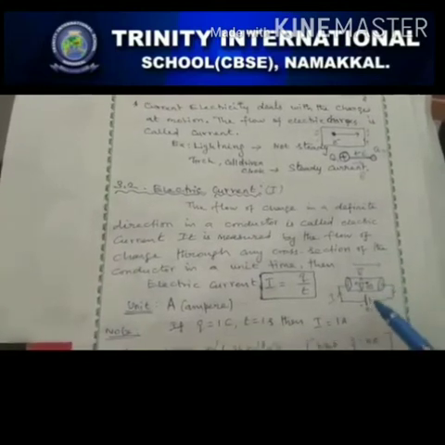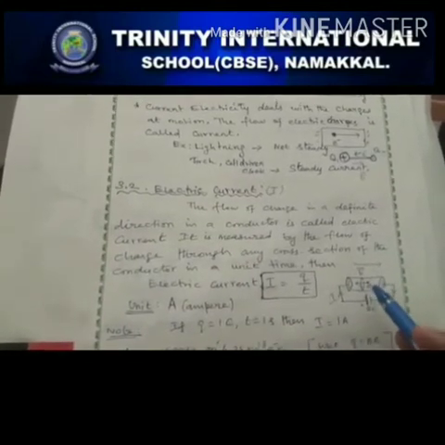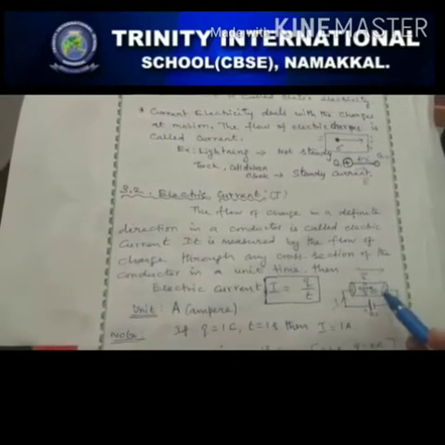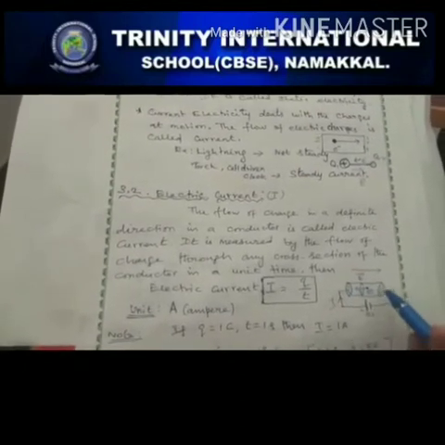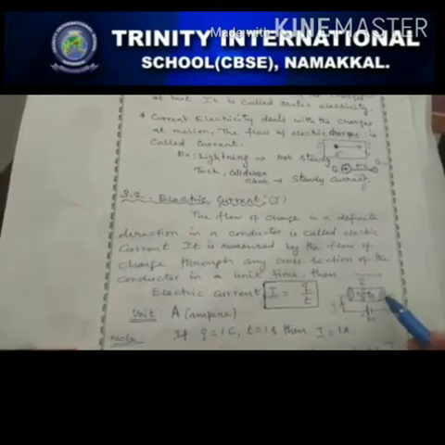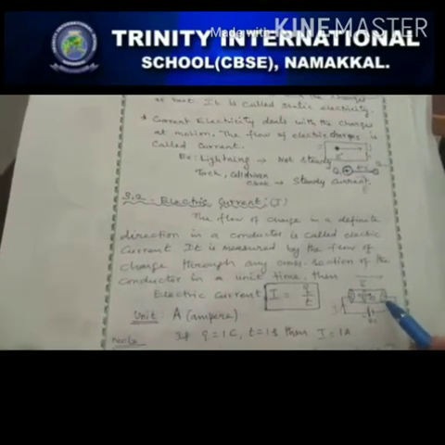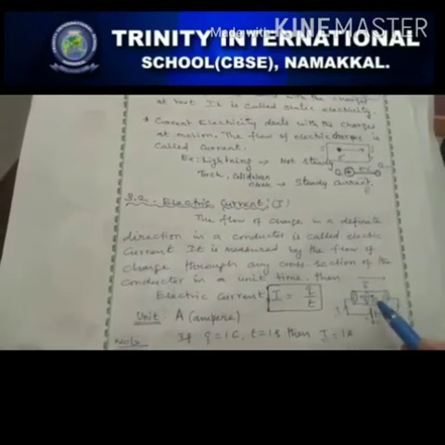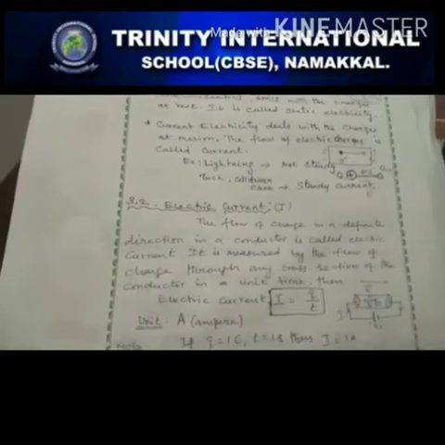At the same time, the electron flow is always opposite to the current direction. So the electrons flow from the negative terminal to the positive terminal, that is, from the negative potential, the lower potential, where negative charges are accumulated, to this place. So here there is higher potential and lower potential, and electrons will flow from lower potential to higher potential.